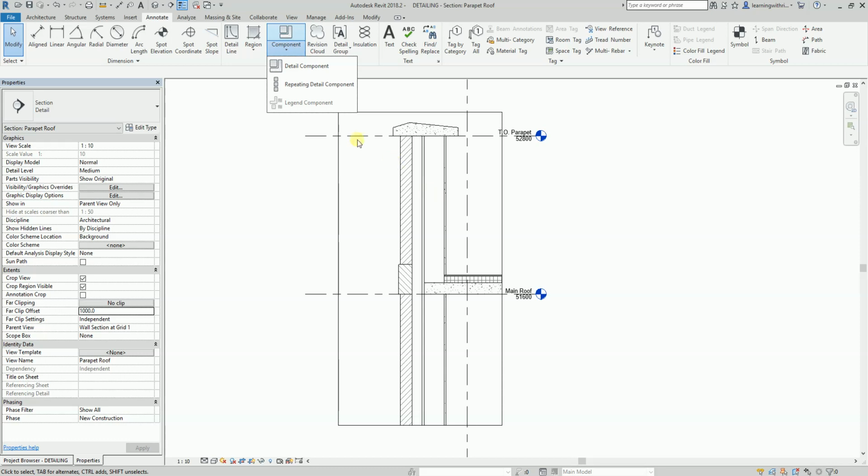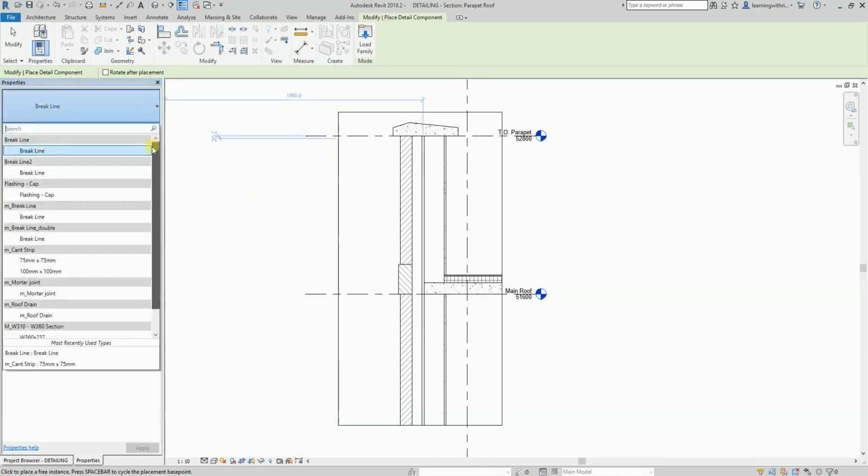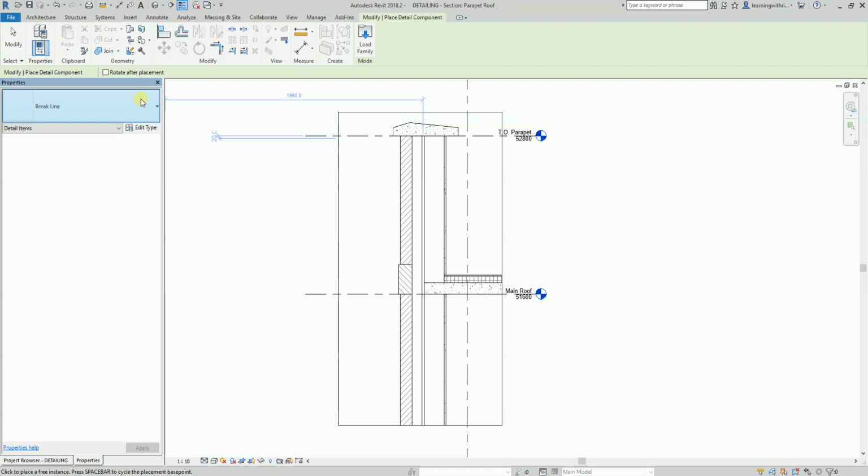Okay, so let me just add some detail component here. So I'm going to select detail component. And then as you can see from my type selector here, I already have detail components loaded here. But in case you want to explore the detail components of your project or of your Revit, all you have to do is